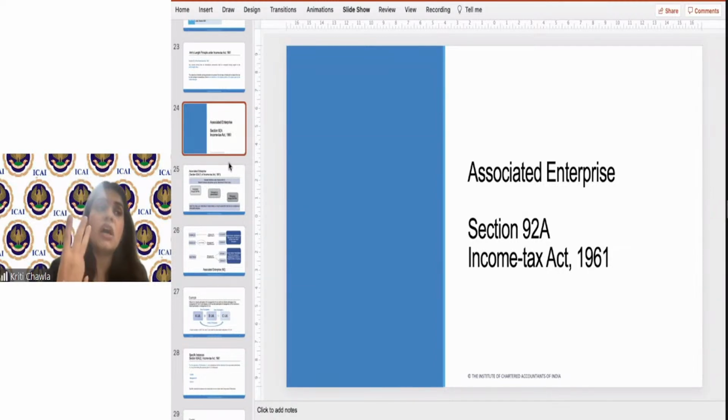And in the lecture after that, we'll discuss what exactly is arm's length price, or how do you compute arm's length price? Is there a formula to compute arm's length price? What are the methods to compute arm's length price, etc.? That is what we'll discuss in the next lecture. So today we'll discuss what exactly are associated enterprises. It's provided in,